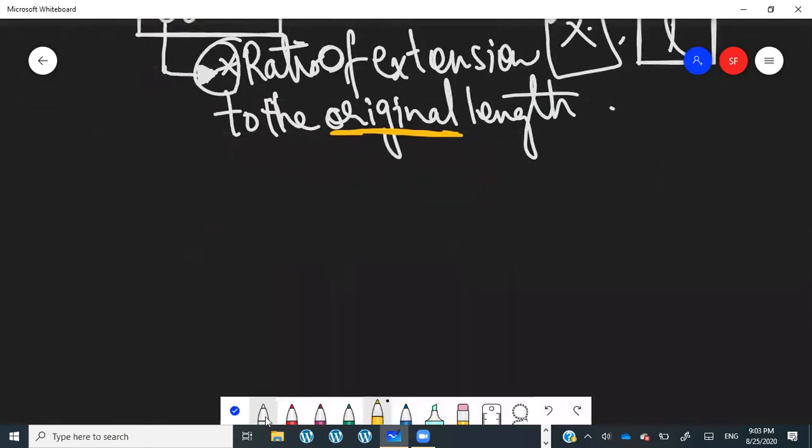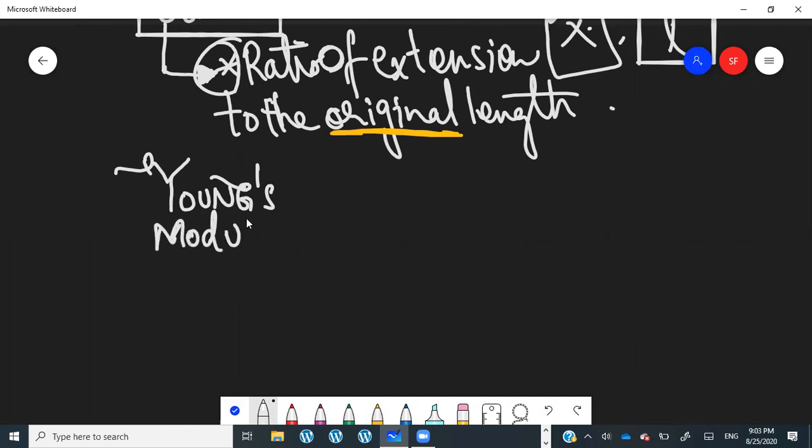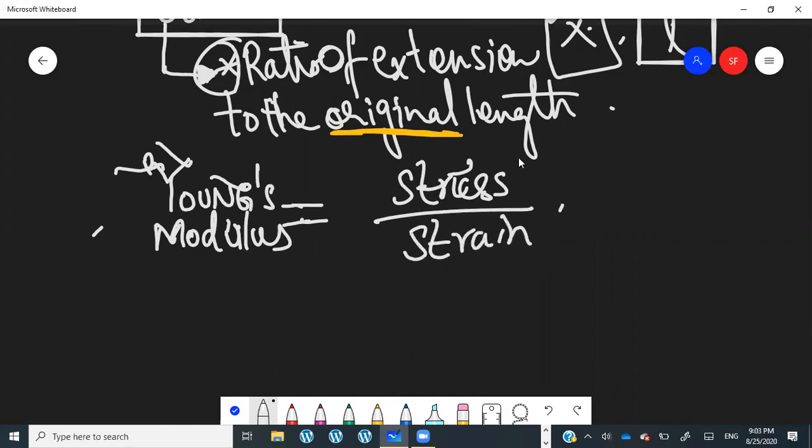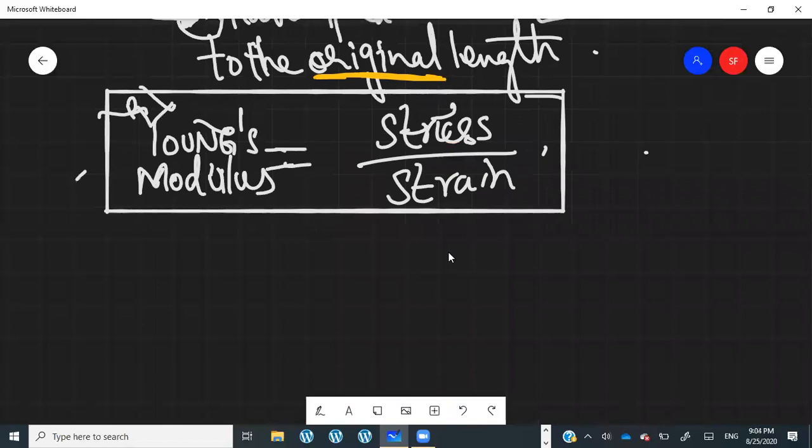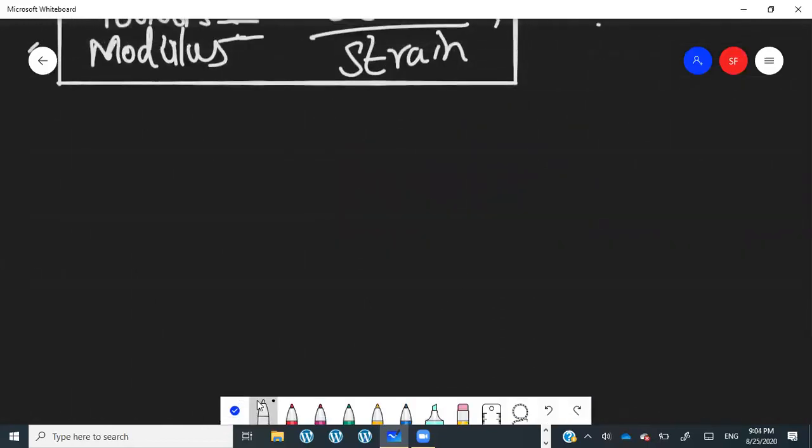Okay, we did the stress definition, we did the strain definition. There's another definition called Young's modulus, which you've been repeating again and again. Young's modulus. So now tell me, what is Young's modulus? Stress over strain. Yep, it's the ratio of stress to strain. Okay, so we've done stress, we've done strain, and we've done their ratio. Now let's go into their detail.